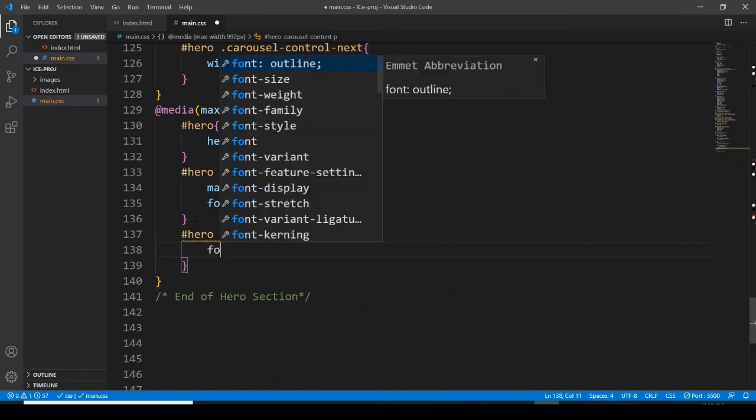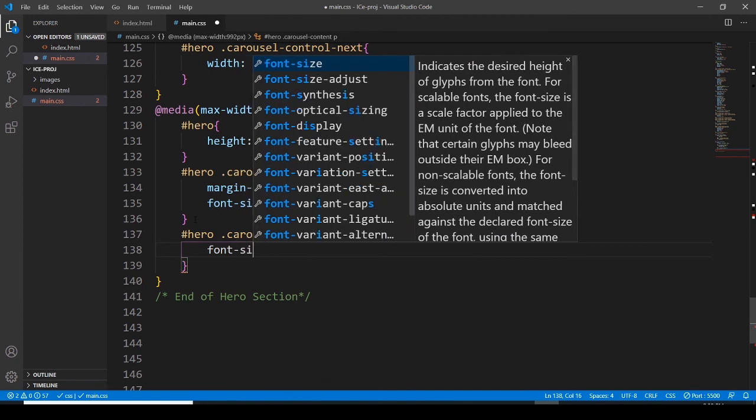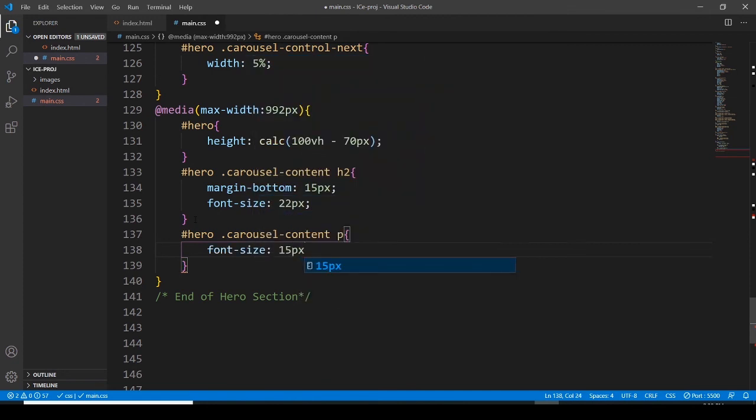So the paragraph for this is going to be font size 15 pixels,